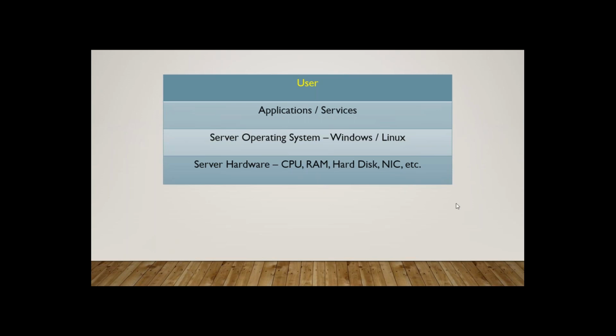Whenever an application is slow, is the server responsible every time? Whenever an application is slow, in most of the cases the server is responsible. If not all, I'm saying most of the cases, the server is responsible. An application needs some configuration. Suppose an application needs, let us say, 16 GB RAM to run. I'll just change the color of my pen. Wait a second, please. So to run an application, you need 16 GB RAM. But suppose imagine you have only 8 GB RAM. So the application will not run properly, no? So now we need to upgrade our RAM from 8 GB to 16 GB. So in most of the cases, if any application is not running well, the server is responsible.